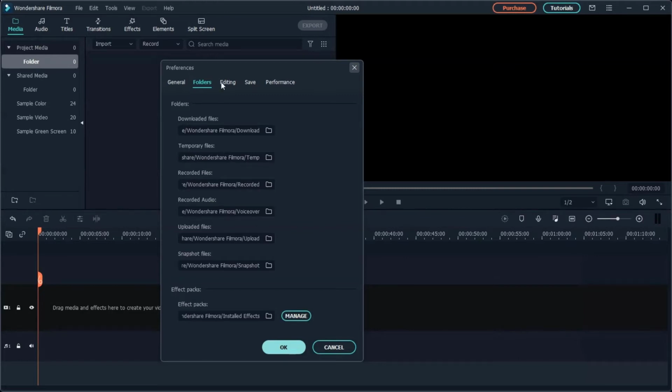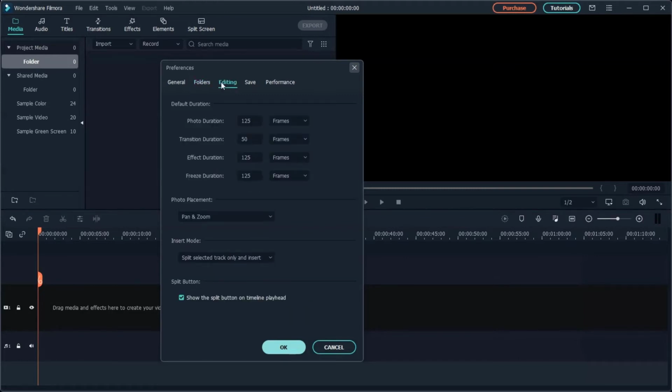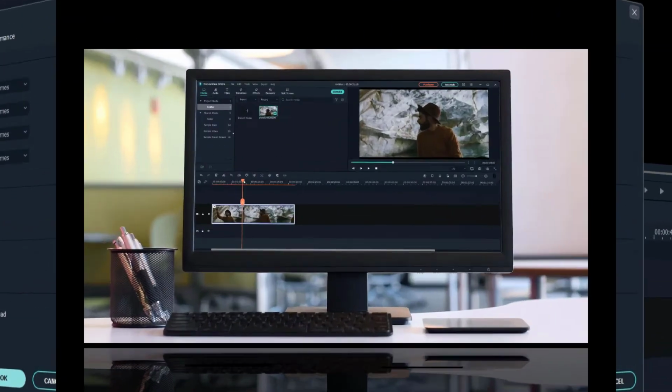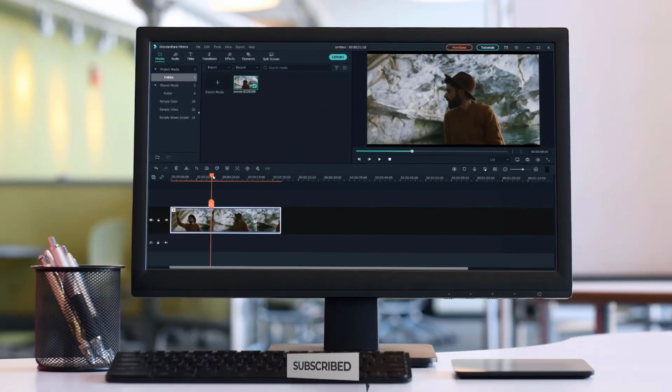The options in the Editing tab will let you define the default duration for various elements that you would use with your video. If you drag an image file, transition or effect to the timeline, or create a freeze frame, the duration of the element in the timeline will be controlled by these options here. A freeze frame is a still image representing a single frame of your video clip. Freeze frames are typically used to make it appear as if time has stopped at a specific point in your